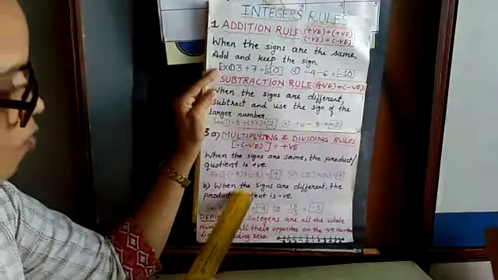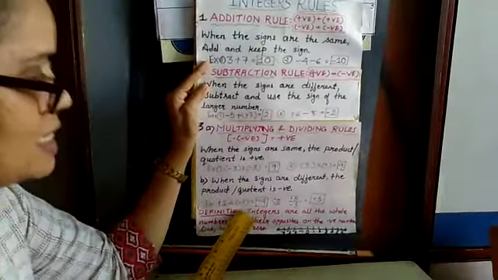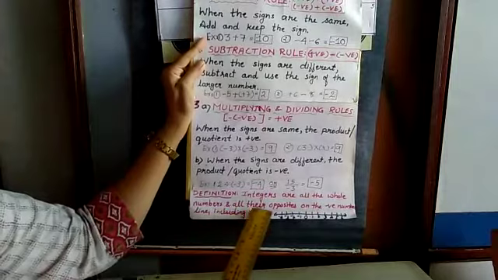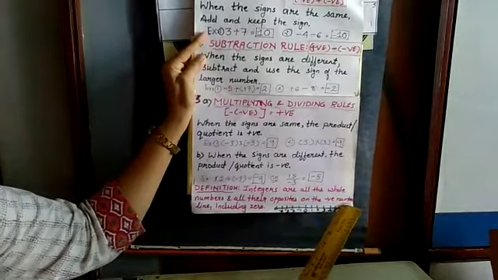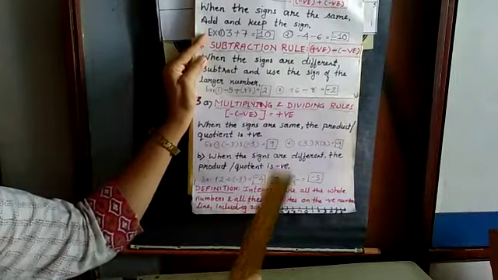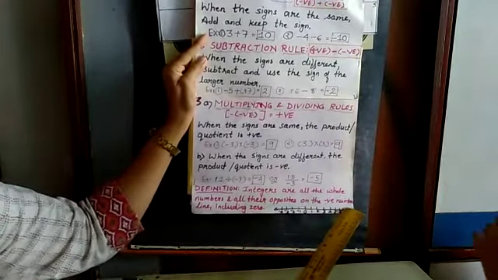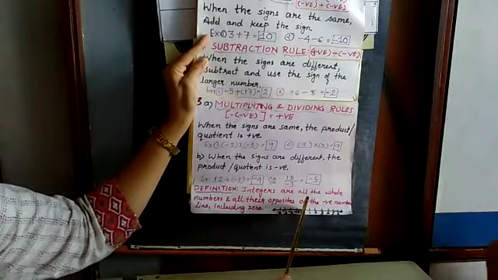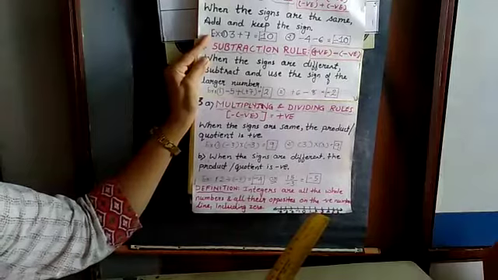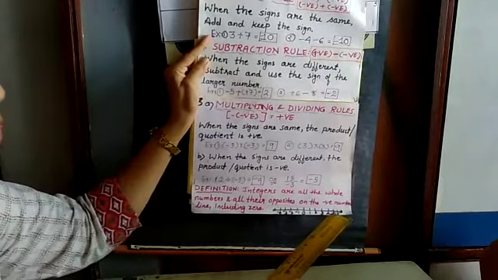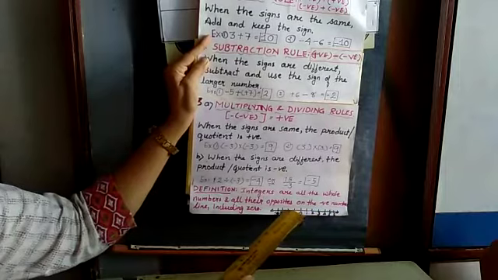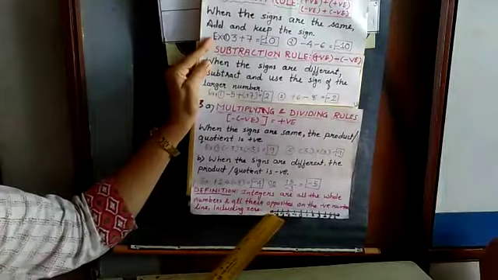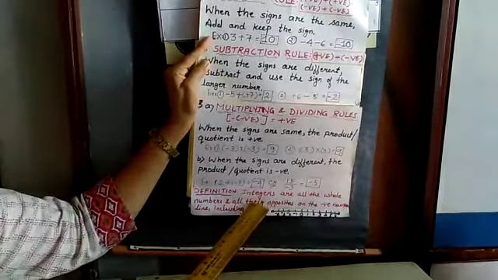Now from this, what should be our definition of integers? Integers are all the whole numbers and all their opposites on the negative number line, including 0. See, I have drawn the number line from the midpoint. It starts from 0. To the right side of the 0, I put positive numbers 1, 2, 3, 4, 5, 6, and to the left side of the 0, I have put minus 1, 2, 3, 4, that way. Understood now? Yes. So you understood the definition also?